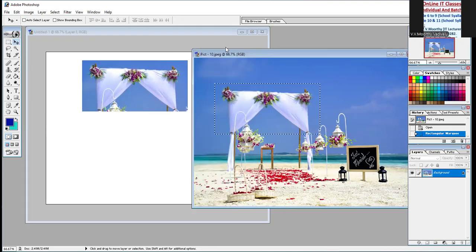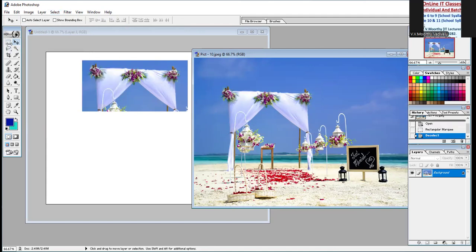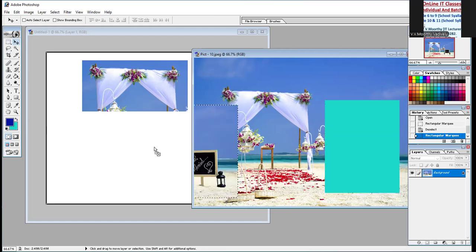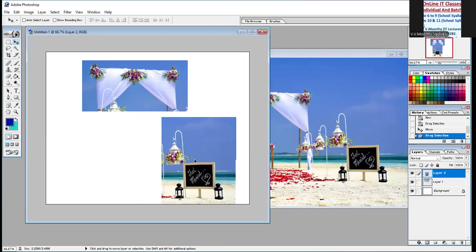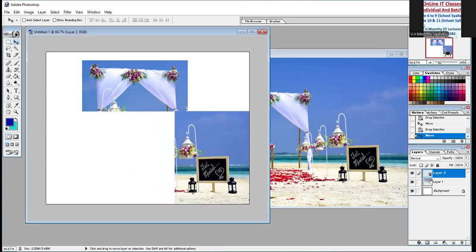So likewise, deselect: Ctrl plus D is the shortcut for deselect. Once again, select the rectangular tools. Now select only this part. Then move tools, click on here, drag and keep it on here. So when you drag this,